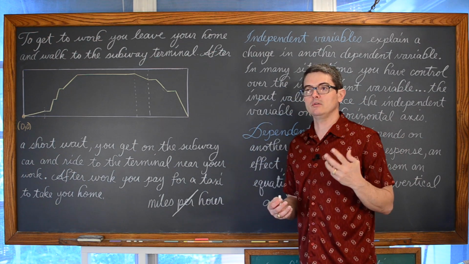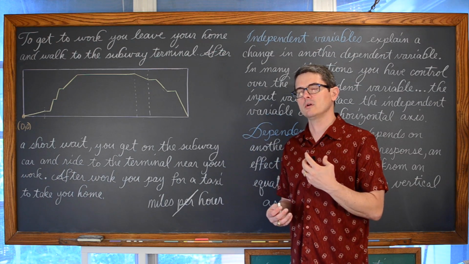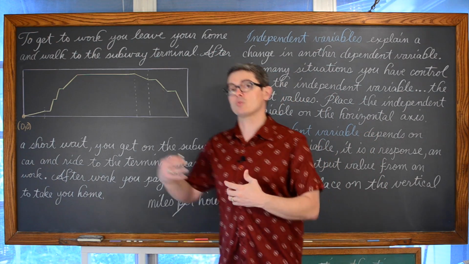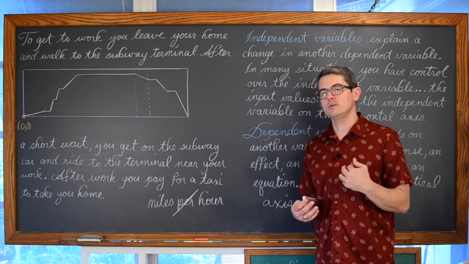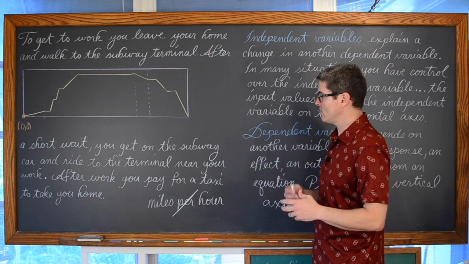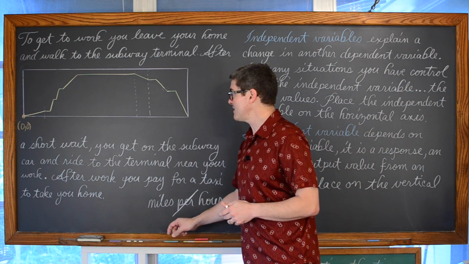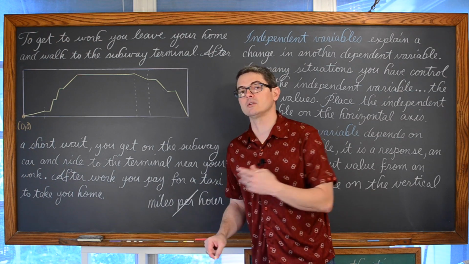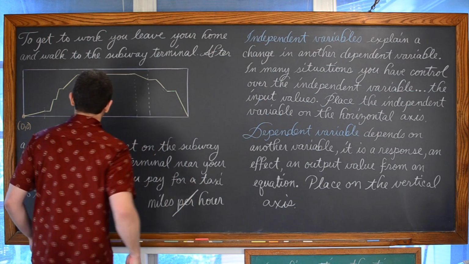if you're late to work, you have thus sort of put some control over the fact that you're going to have a very short period of time to get there. And that period of time that you have to get there is going to help explain how fast, if you will, you need to cover that distance. So I think it makes kind of sense, and generally actually with math problems, if there is a variable of time, it's almost always placed along the x-axis. So on our x-axis, we're going to be measuring time in hours.